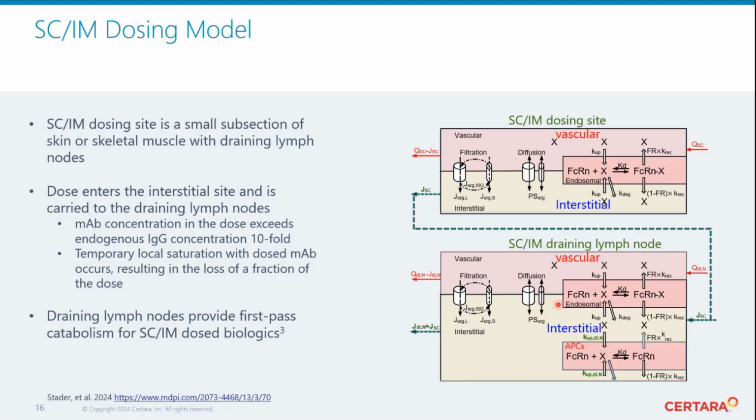And antibody concentration at the dosing site is something like 10 times as high as in circulating IgG. So this small dose still has very high concentration and swamps the FcRn which is there. And with FcRn swamped, it can't rescue all of the dose from non-specific degradation, and some of it goes missing. And yes, as you might guess, that's what bioavailability means in the case of subcutaneous and intramuscular dosing. So roughly about 30% goes missing.